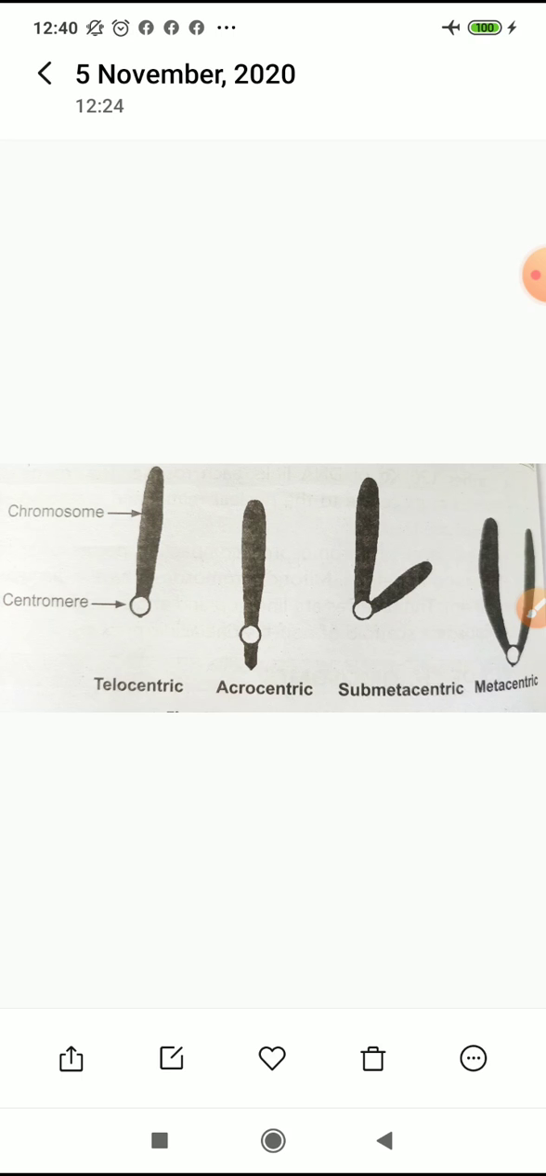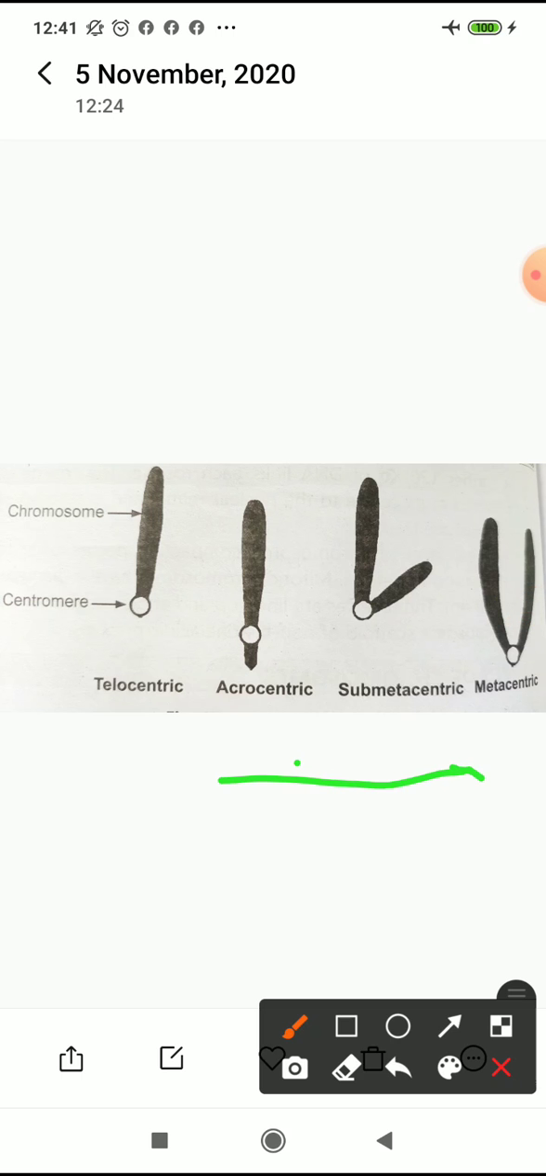Acentric is another type. It means it doesn't have a centromere. Then diffused or non-localized centromeres are distributed throughout the length of the chromosome. So like this, on the basis of number of centromeres, there are types like monocentric, dicentric, polycentric or acentric. On the basis of position of centromere,